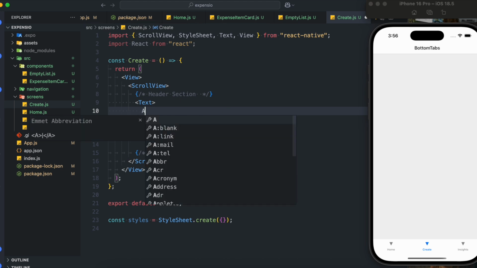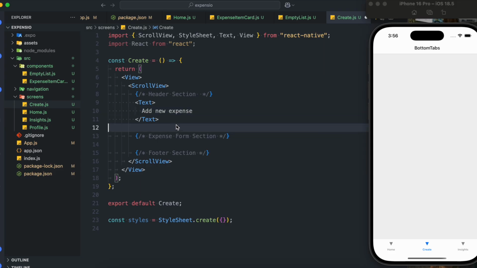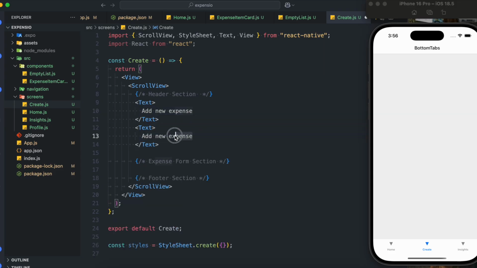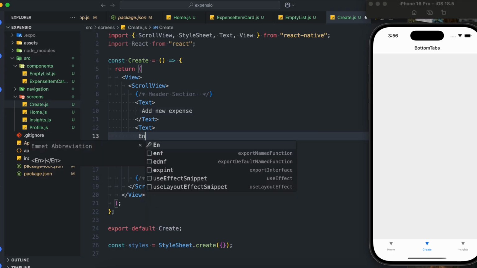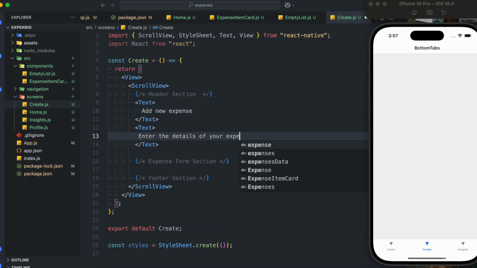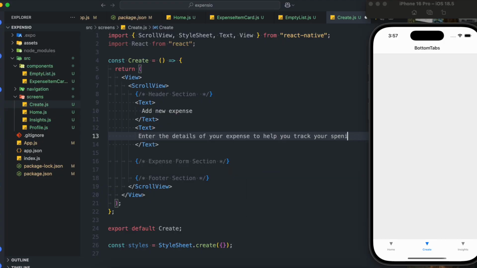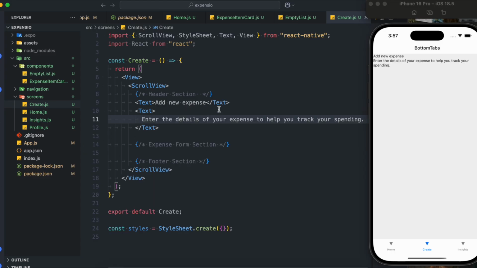The first one would say add new expense, and let me just copy it. And the second one would say enter the details of your expense to help you track your spending. I think it is nice, spending. Okay, so,